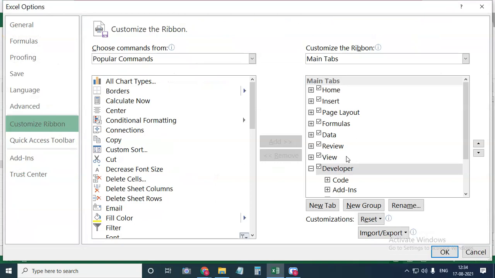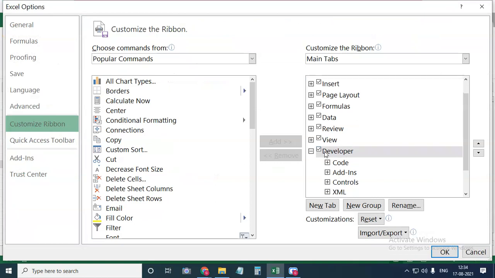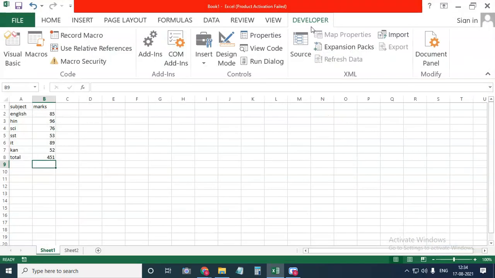At the right side of Customize Ribbon, as you can see here, the Developer option is present. I already enabled this because I want it for execution of the program.